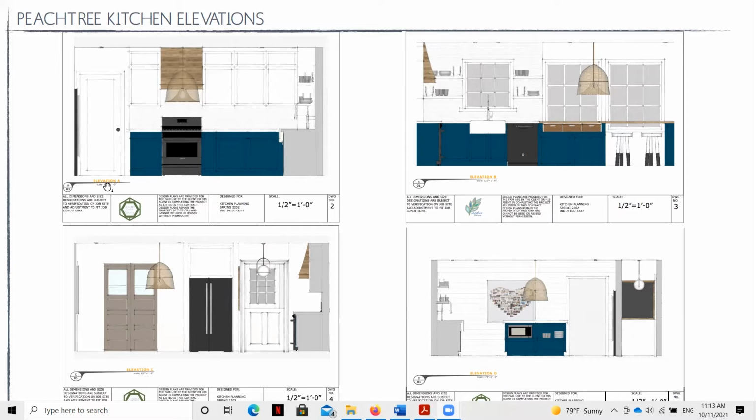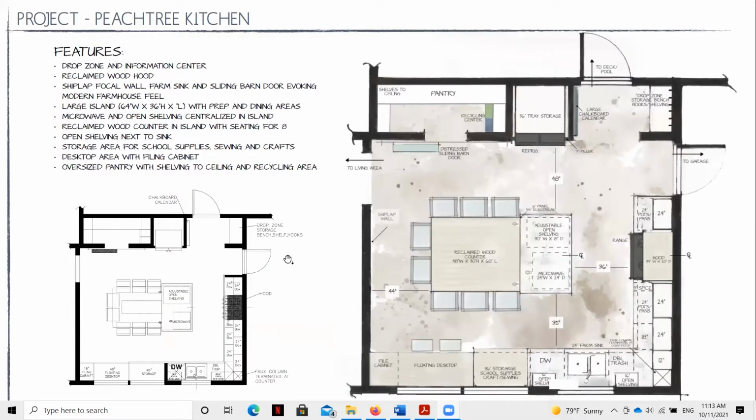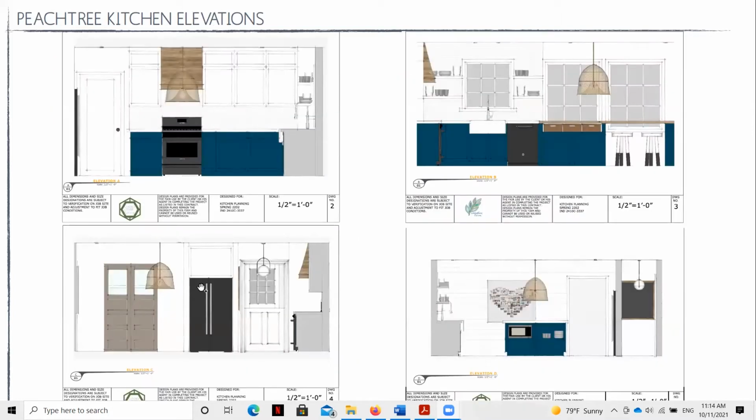I like that this includes the elevation tags here, but there isn't a plan that's easy to see that allows us to coordinate these elevations with a floor plan. And so if it were me, I would actually move this drawing down to the second page and use it as a key plan. And I would add elevation tags to it so that I could look at that floor plan and see the elevation tags and correlate the elevations that I'm seeing here to that plan.